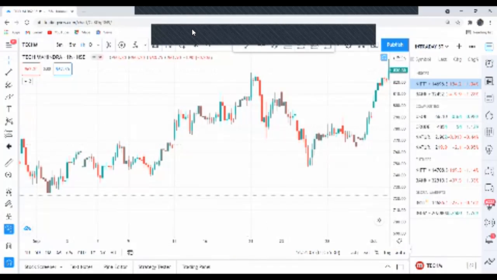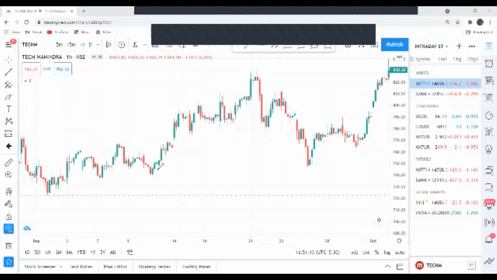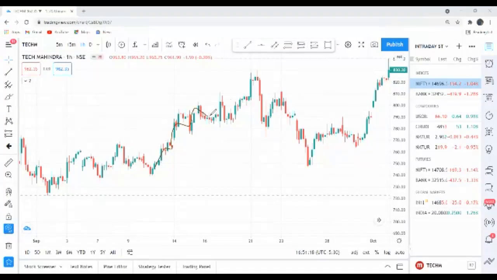See here. The trend is going in a very positive way. Here, a bearish Marubozu came. Then the trend reversed. So here what I am going to say is, whether the trend is going to continue or the trend is going to change, we will look into the Marubozu candlestick and we can decide.